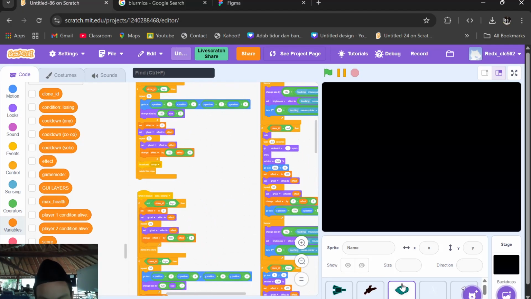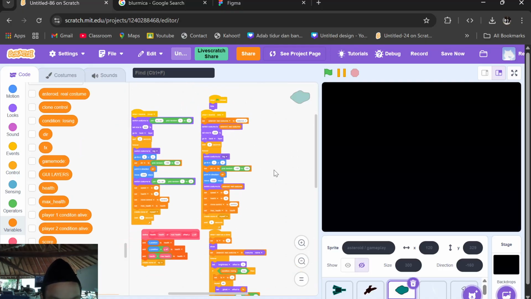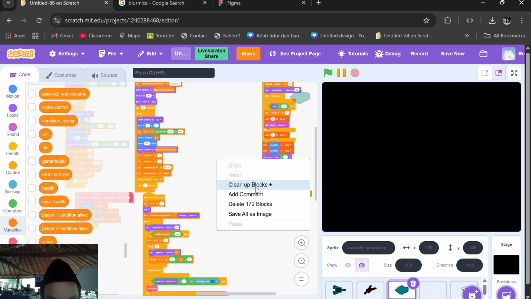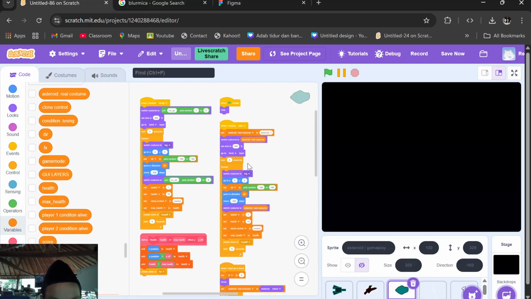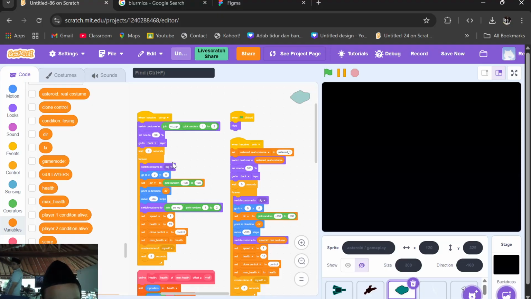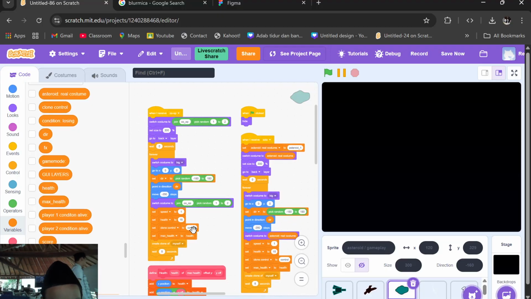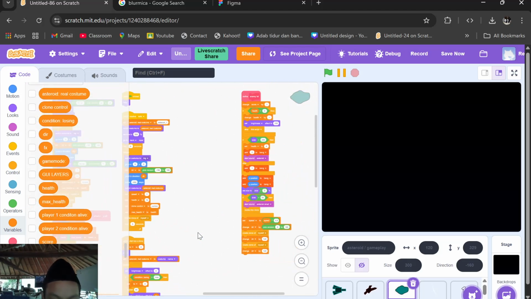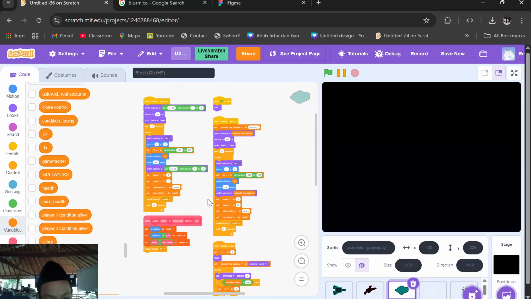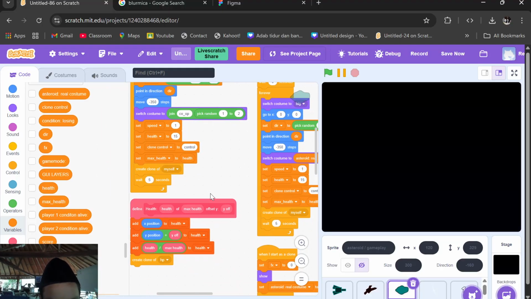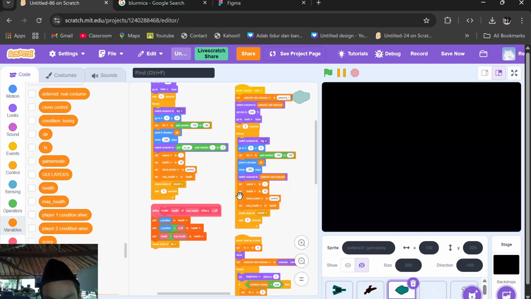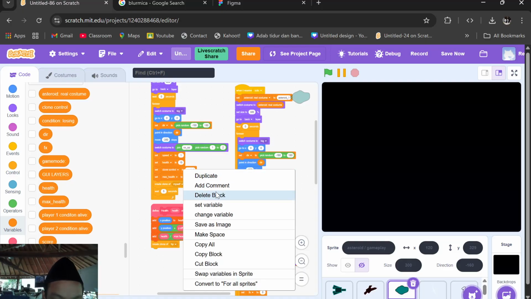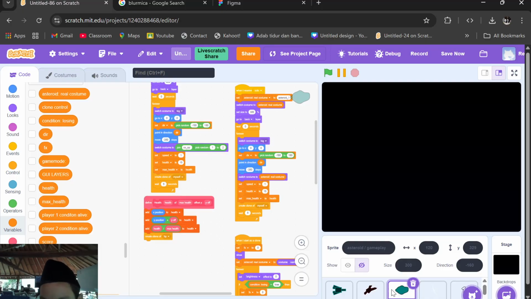Okay. For the asteroid, when clicked it will hide. Same with using clones. And when I receive co-op, this is setting the speed, health, and clone control. The clone control is to make it effect. This will spawn every 1 second. And also in here there is something I will show later.